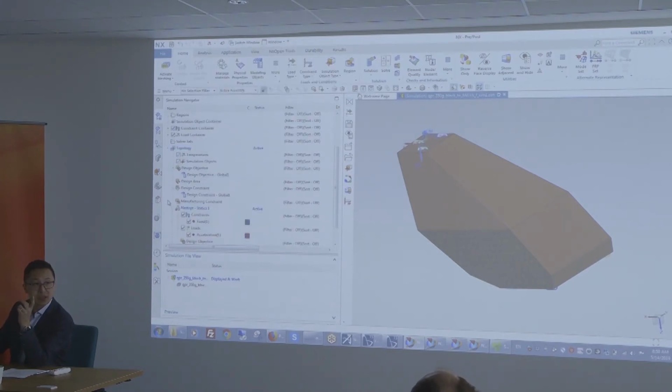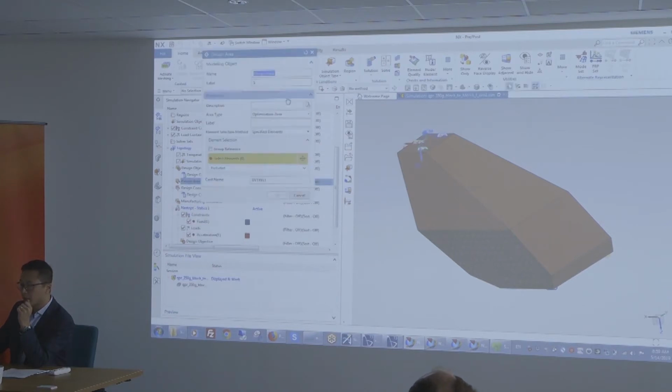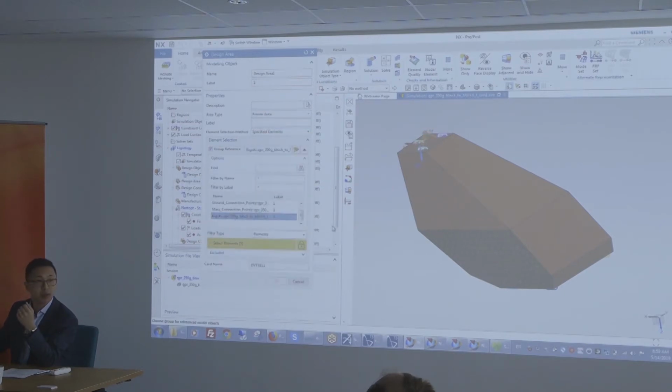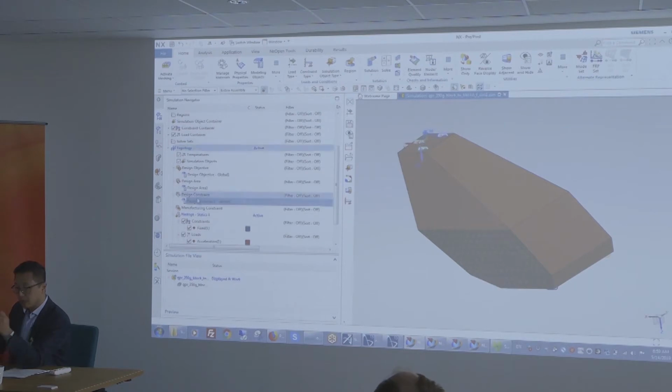We have our bolted connections. So the question is, what area do I want to work on or let the solver work on? So we can either do this or specify which area you want to keep. So we want to keep that area containing the rigids, which is our structural connections. So that's why I've created that group beforehand. Okay, so give it a label. So I'm going to call this bolt. Okay, and then we can define manufacturing constraints if we'd like.